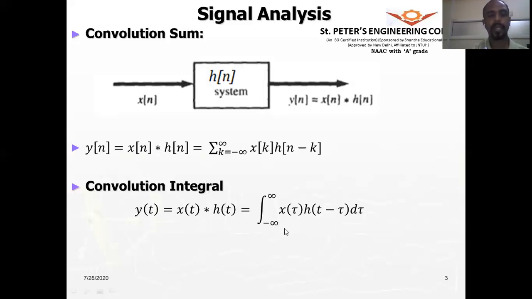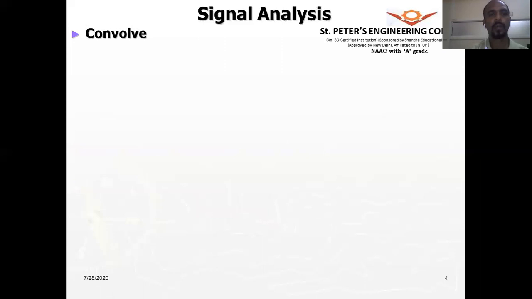Let us take an example and understand more about how we can obtain this convolution. Given two signals, x of t is equal to u of t and h of t is equal to e power minus alpha t u of t, where alpha is greater than 0. This h of t is an exponentially decaying signal, and when you multiply the exponential signal with u of t, the unit step signal, the signal starts exactly at t equals 0 and goes on up to t equals infinity. So if you draw the signal,